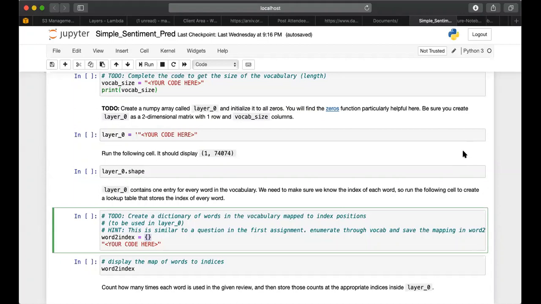Okay, let me start with Ademola. Ademola, speak. Yes, I think I get what they're trying to say. I think what you don't understand is that word to index is a dictionary. So you are creating a new dictionary whereby the first item in the set will be the first key and have a value of 0. The second item in the set will be the second key in word to index and have a value of 1, just like that, down to the end of the set. I can share my screen to show you a code snippet for more clarity, if you don't mind.